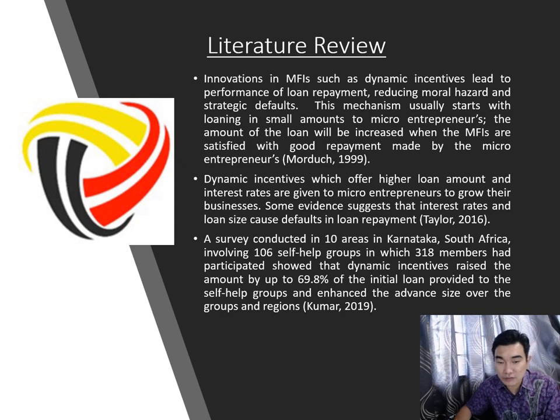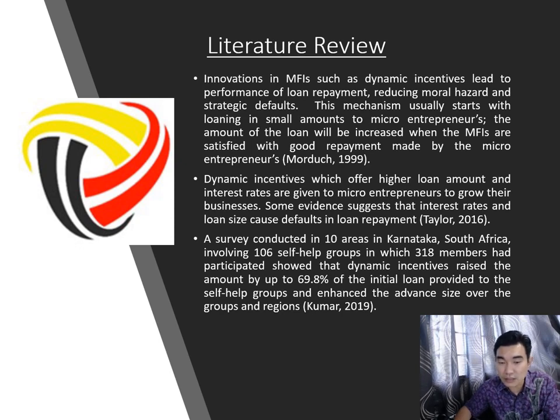For the literature review, Modush 1999 did the innovation of giving the first loan to the customer, to the entrepreneur, and then when they make good payments and the loan is about to finish, they offer another loan to the entrepreneur. Tyler 2016 makes a dynamic incentive which offers high loan amounts and interest rates to micro entrepreneurs